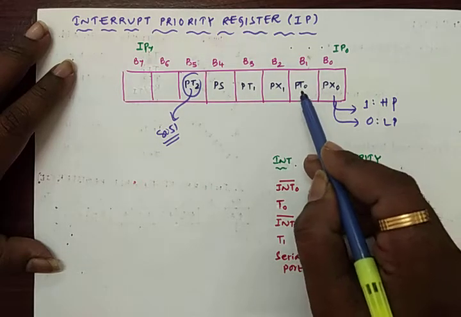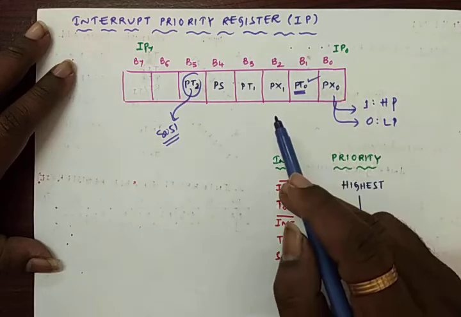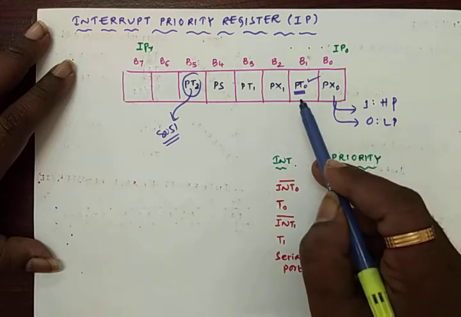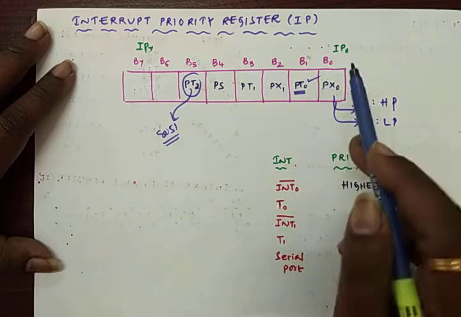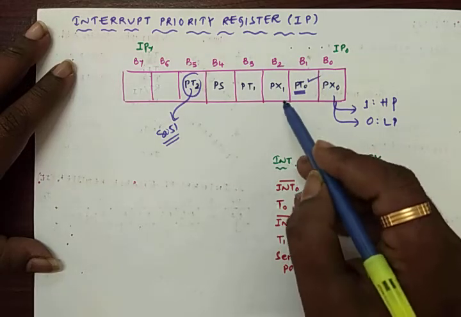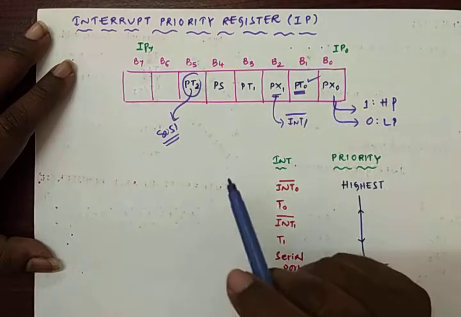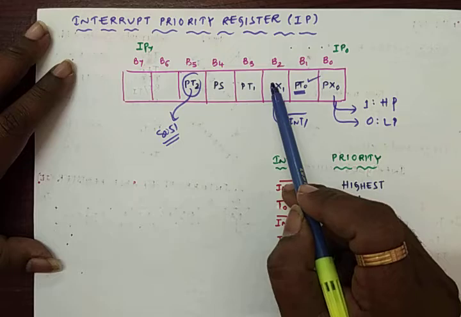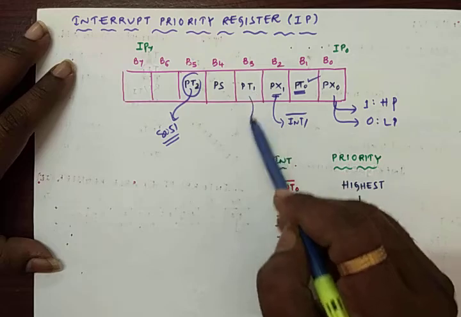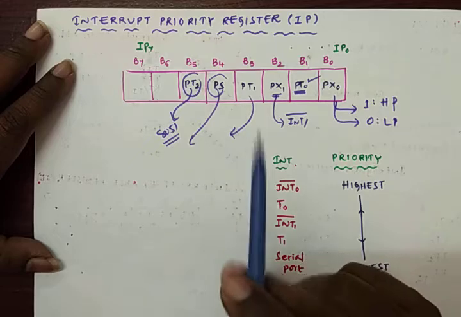And again here, this priority is for which interrupt? It is the timer 0 overflow interrupt, so the priority of the T0 interrupt can be set to higher priority when it is set to 1, and when it is reset to 0 it is a lower priority. Similarly, this is about external interrupt 1, which is an active low signal. Whenever it has high priority, it can be programmed to set; whenever it has low priority, it can be reset to 0. And similar to this, there is timer 1, and this is from the serial port interrupt signal.